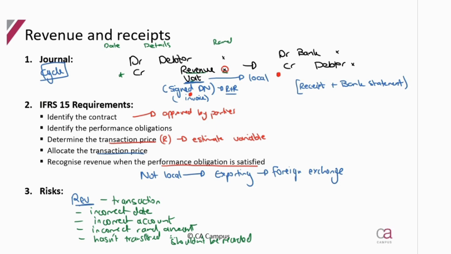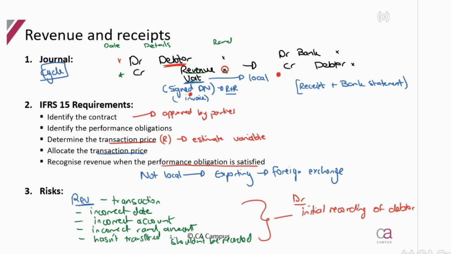So these are the risks just looking at this revenue transaction as we see it here and in it being recorded. Then we're going to look at the other and opposite side of that, which is your debtors. So now, the initial debtors transaction, the initial recording of that, carries the exact same risks. Because it's a transaction, you can see here, they've debited the debtor, credited the revenue, and that's what equals the